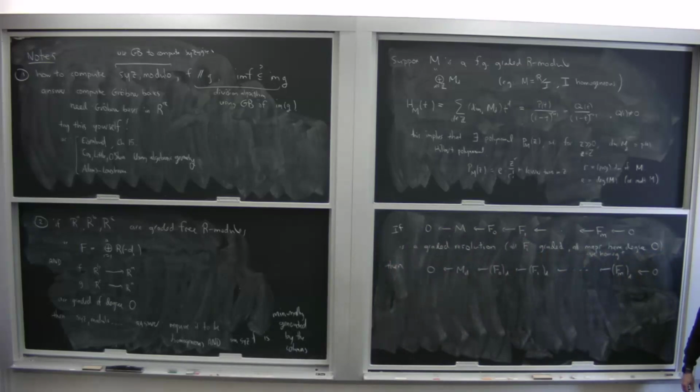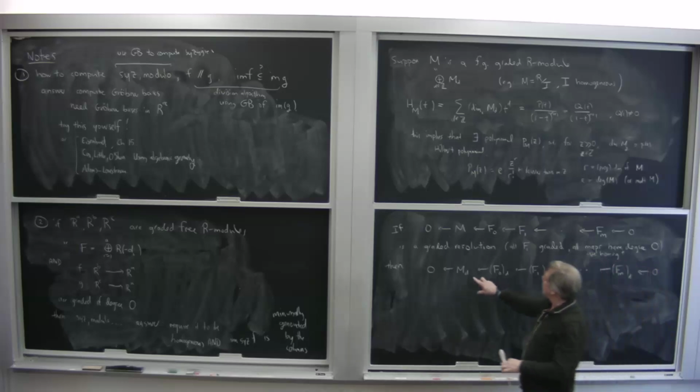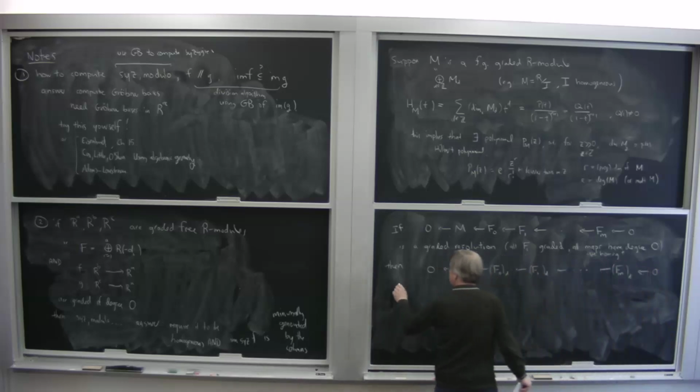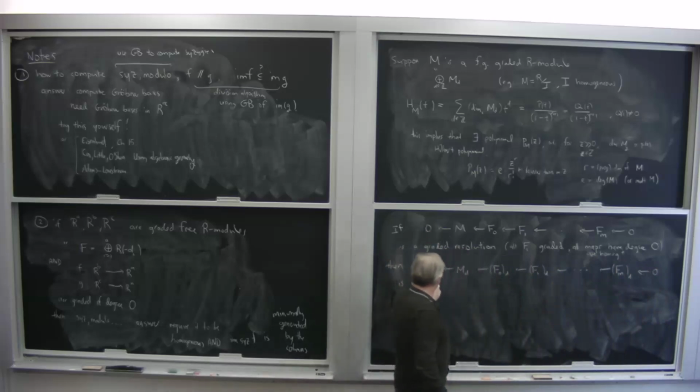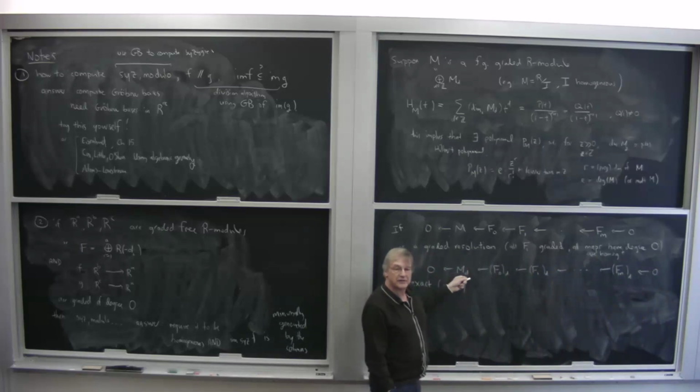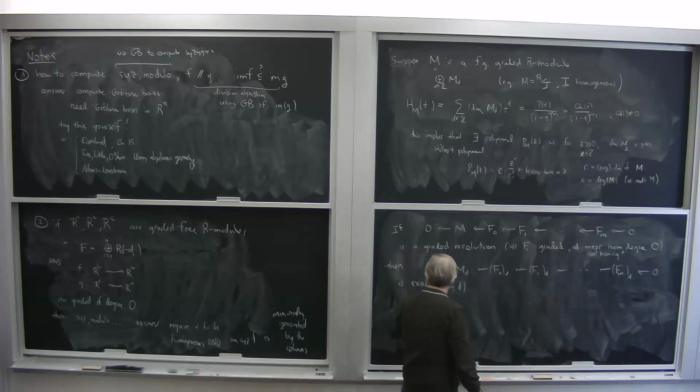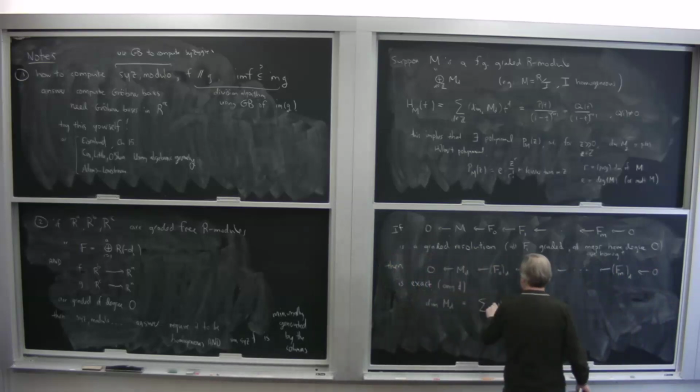I've tried teaching this at the undergraduate level. It doesn't go over very well usually, but it's pretty easy, right? So what you know is that this is exact. This was exact, therefore this one is exact for every D. And consequently, since these are all finite dimensional vector spaces, the alternating sum of all the dimensions is 0. So then, therefore, we get that the dimension of MD is equal to the sum of (-1) to the i times, sorry, the dimension of